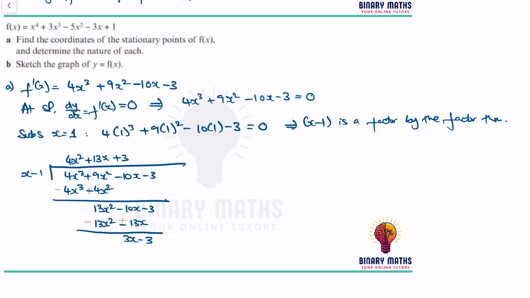Positive here, 3 here. 3 times x gives me 3x. 3 times minus 1 gives me minus 3. Again, when I subtract it, I get 0. So that does work out. So that means